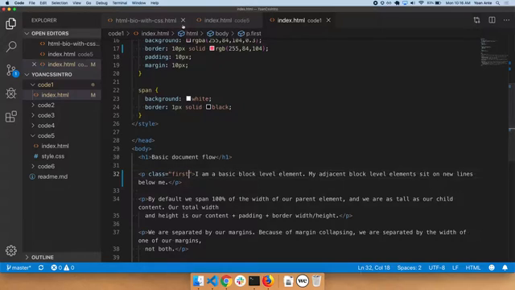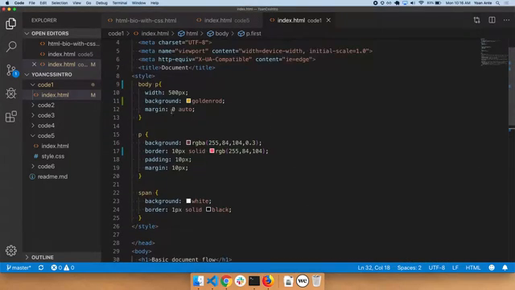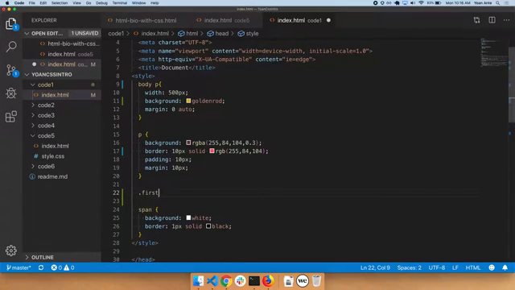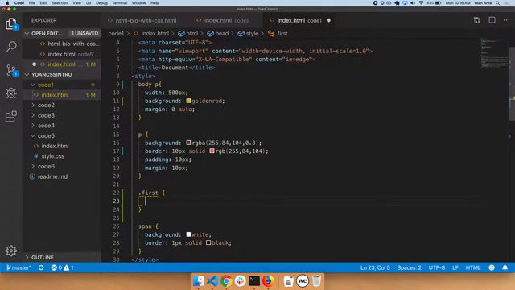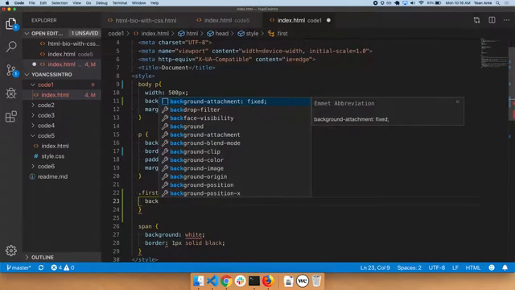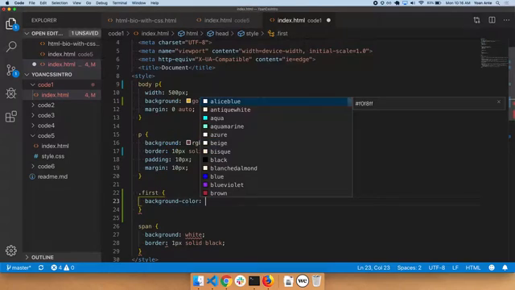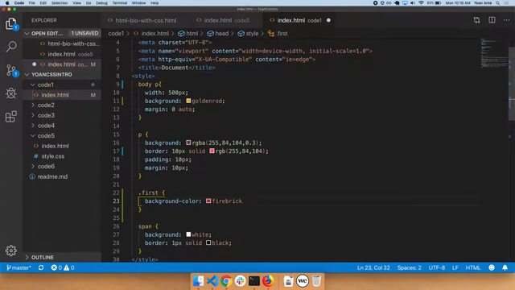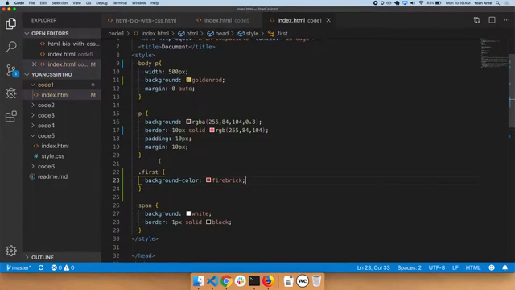We come back to our code, and instead of P, we could do .first, and we're going to give this a background of my second favorite color, fire brick. When we have a class, even though it's just one class, it's going to override the P tag,